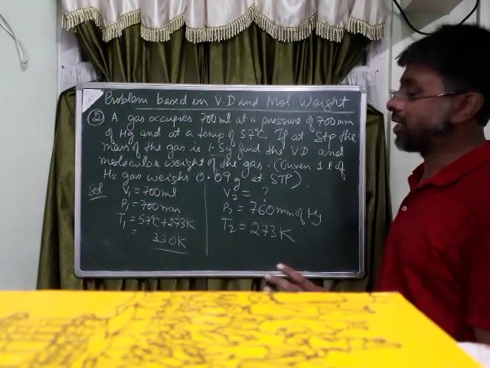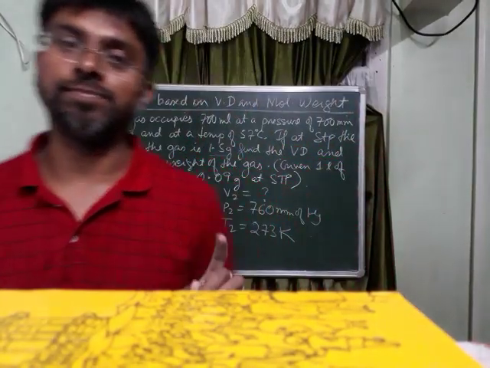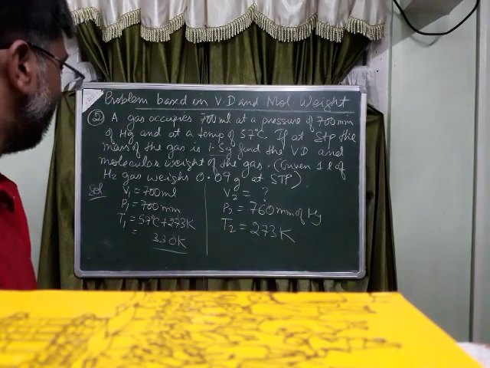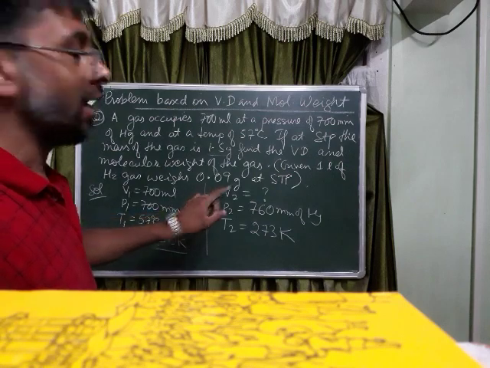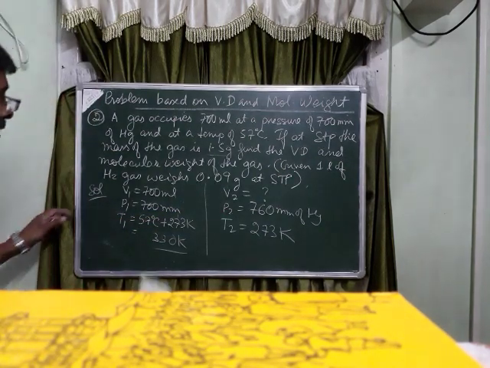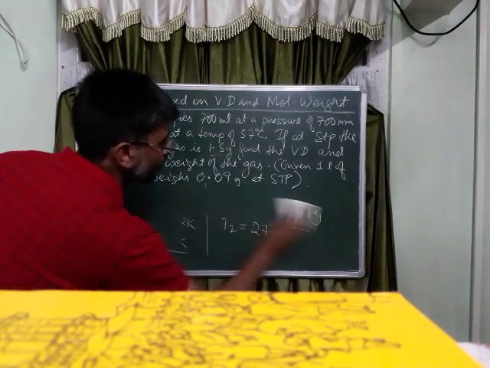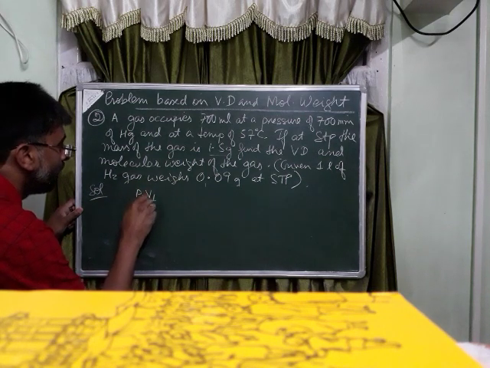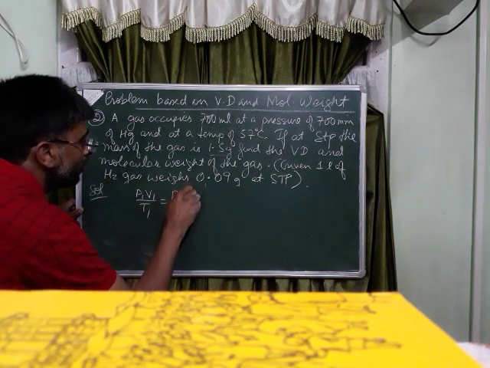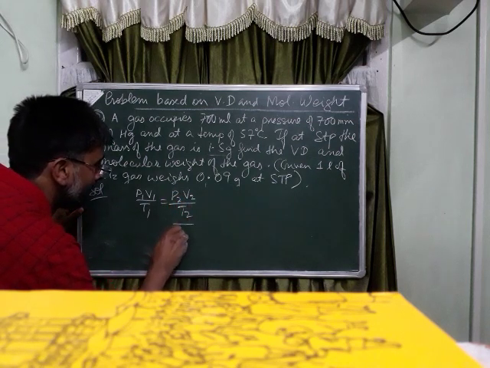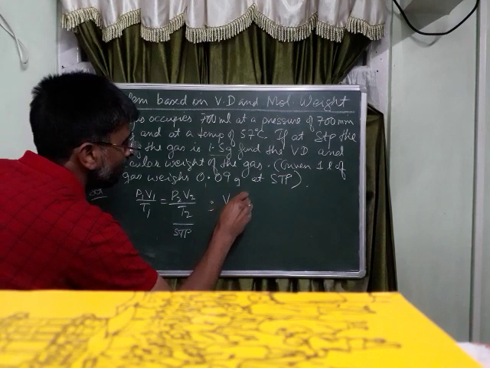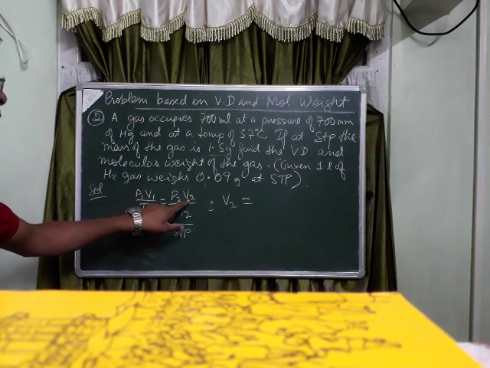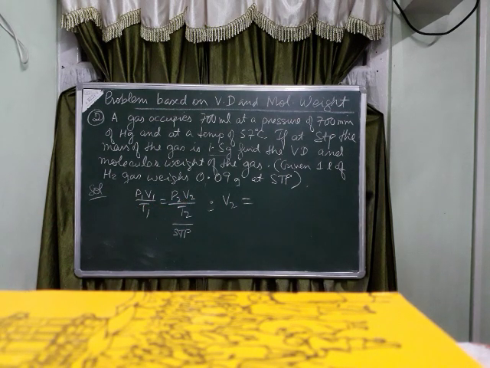So using again the gas equation which we have learnt in class 9, P1 V1 by T1 is equal to P2 V2 by T2. Using the gas equation, the volume at STP can be found out. On applying the gas equation, P1 V1 by T1 is equal to P2 V2 by T2. This is the volume at STP. So put all the other values, only this is unknown. So the volume at STP comes as